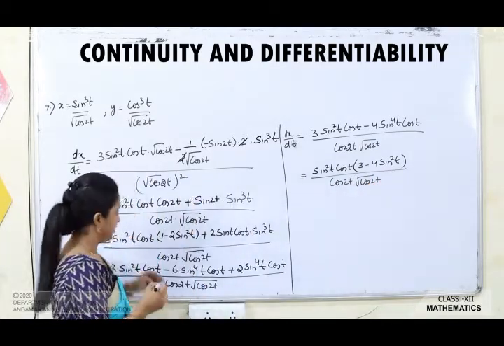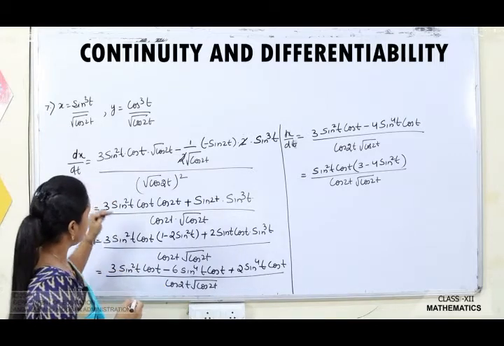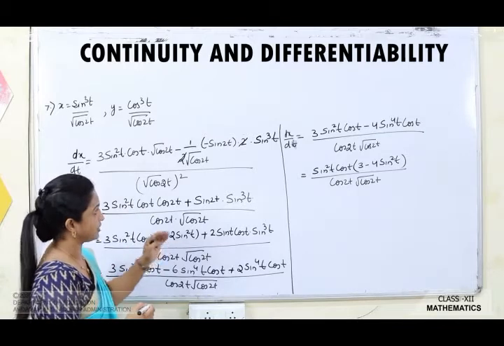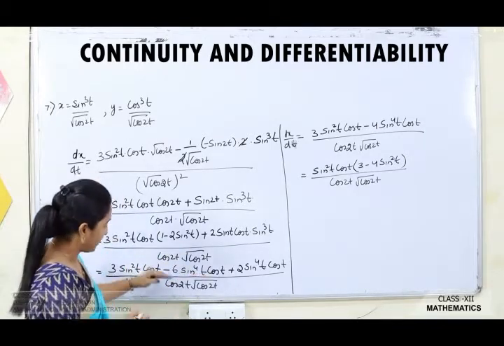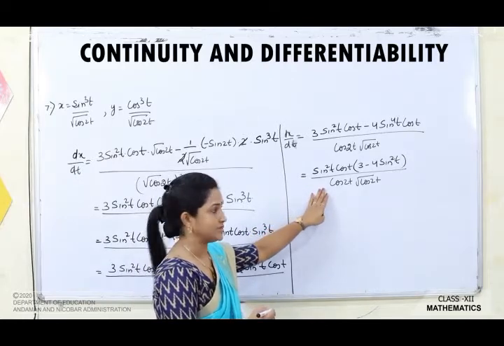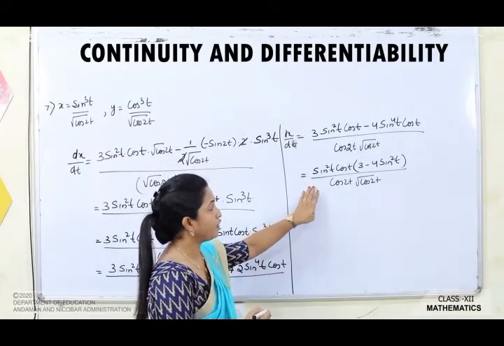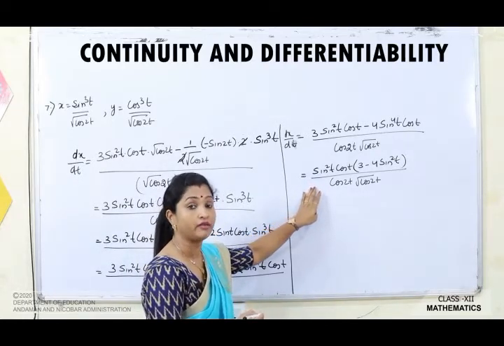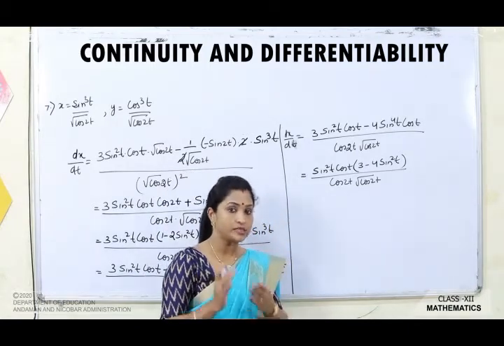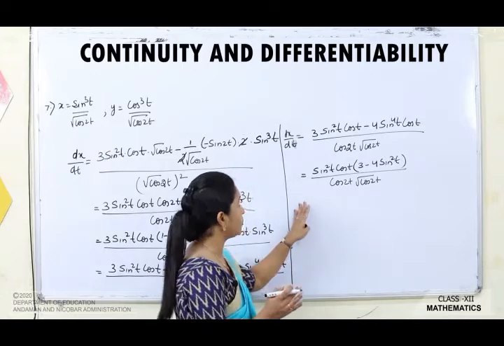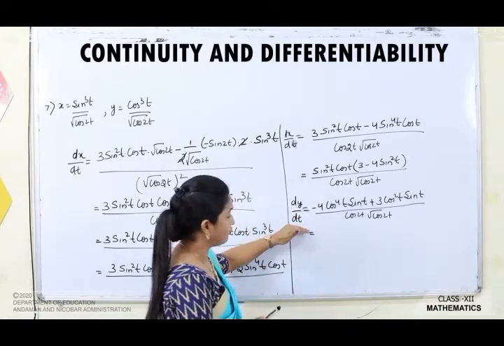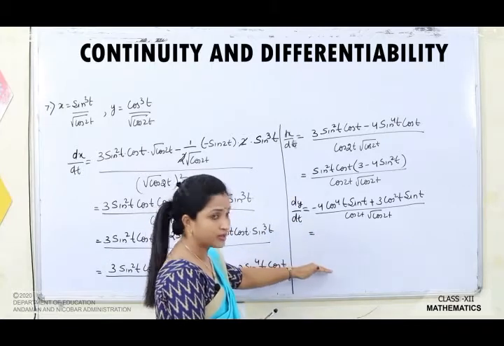Clear children? It's little lengthy, but if you go part by part and do the differentiation correctly using chain rule and applying the formula, then you are getting the answer very easily. Okay, so this is the value for dx by dt. Same way you have to find the value of dy by dt also. dy by dt is a work for you, same procedure you have to find out. I will just write down what is the value of dy by dt. I am not doing the complete part here.